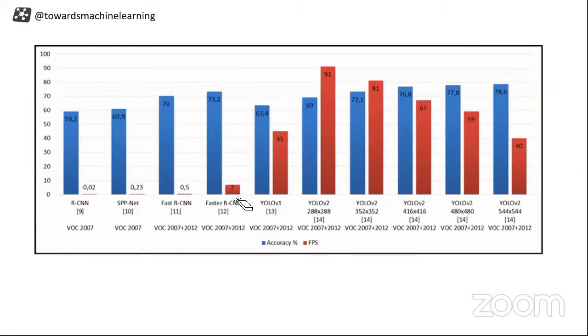Now you don't want this, right? You have seen your cell phones, right? 30 frames per second. How will this thing work there? Okay, so then came YOLO V1. Now YOLO V1 gave you 45 frames per second. And now came the second version as well. It gave you 91 frames per second.